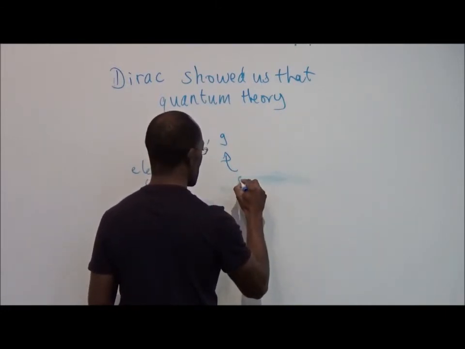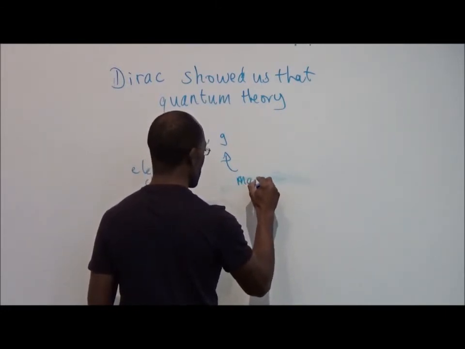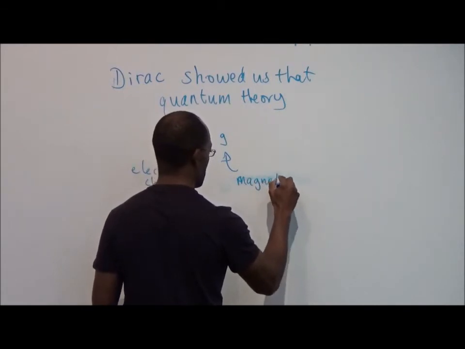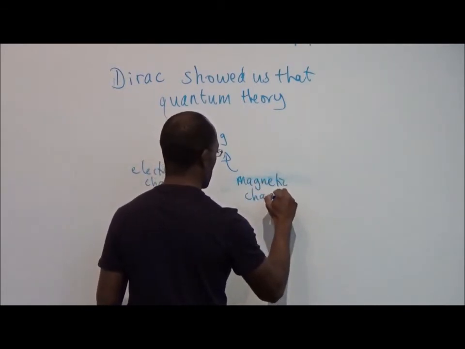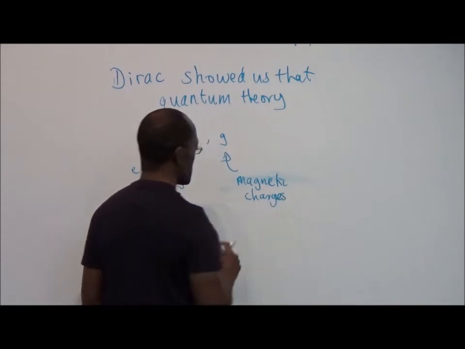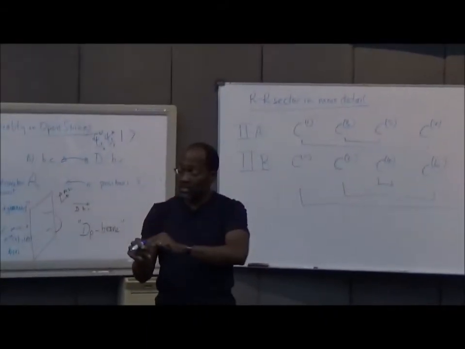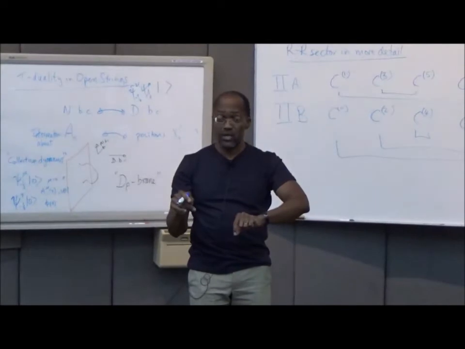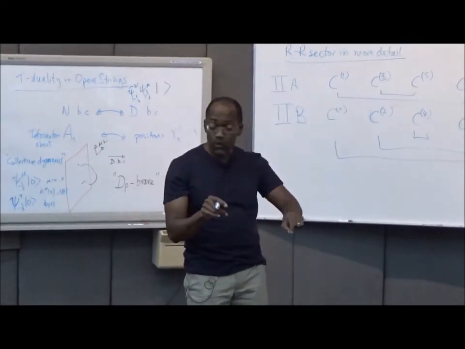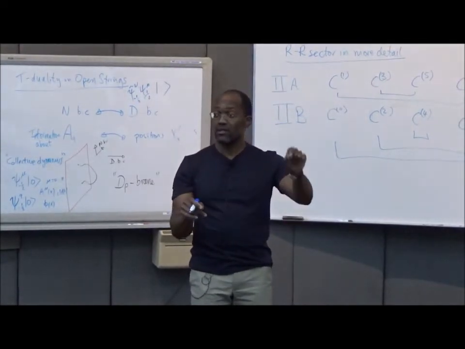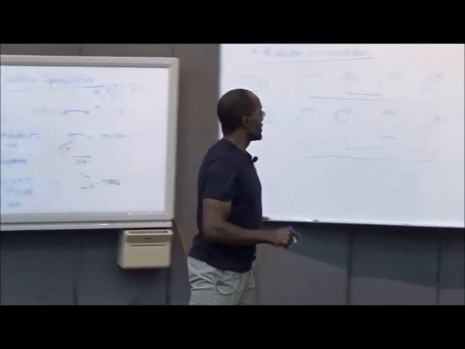He demonstrated this by constructing a magnetic monopole. And there are many ways you can do that. It doesn't matter how you construct that magnetic monopole. If you then move an electric charge in the background of that monopole, or a monopole in the background of that electric charge, okay, single-valuedness of the wave function, again, will tell you that the product,